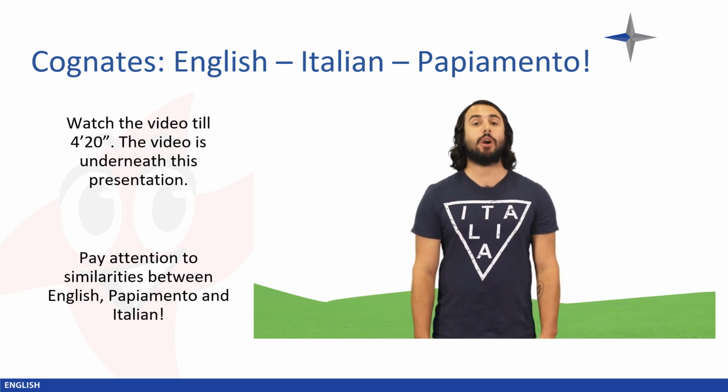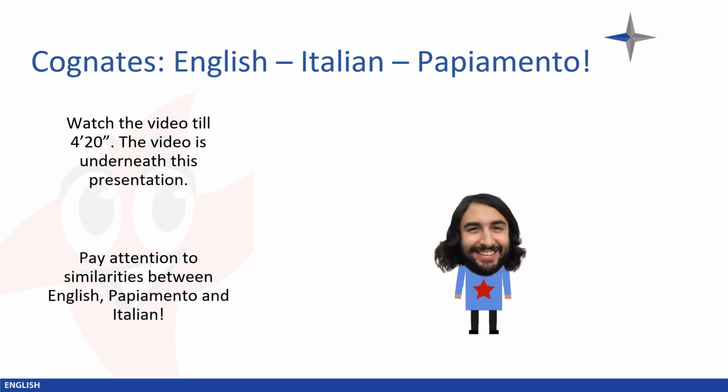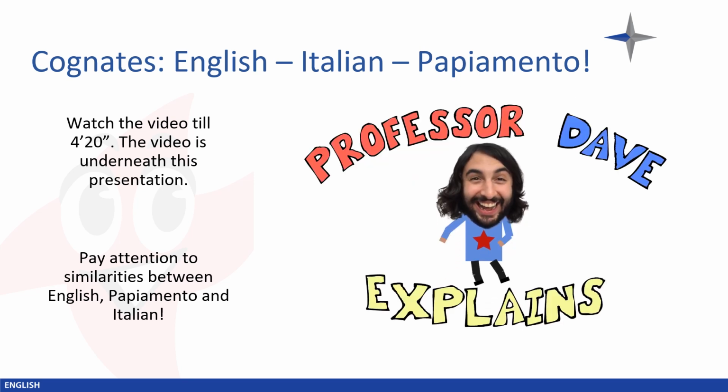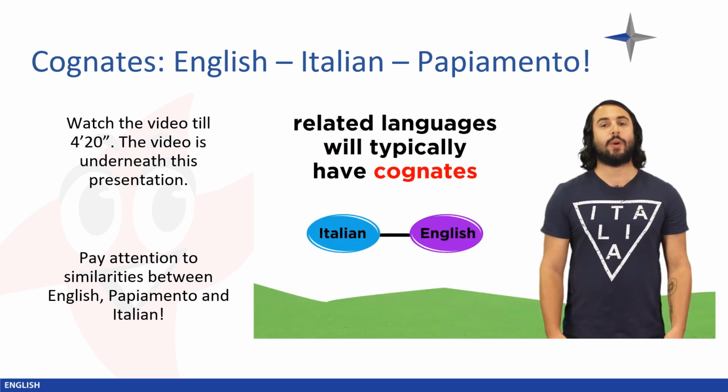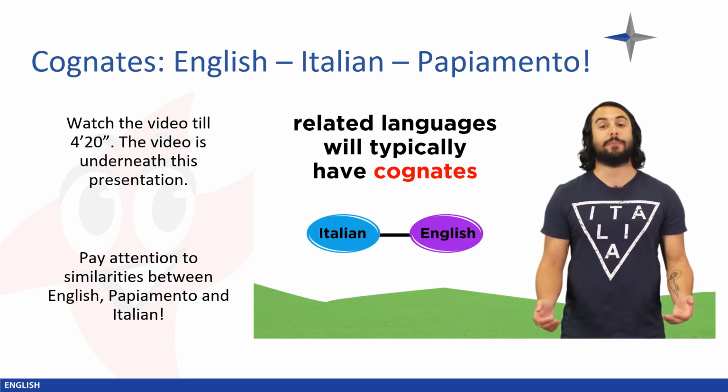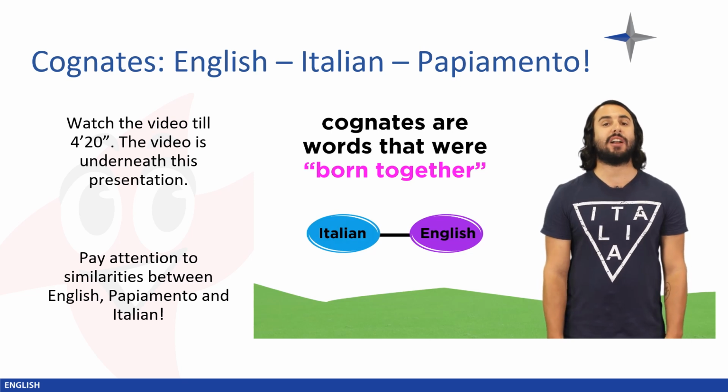Professor Dave here. Let's go through some cognates. He knows a lot about all kinds of stuff. Professor Dave explains. When comparing two languages, if they are closely related, as Italian and English are, there will always be some cognates. The word cognate comes from Latin words meaning together and born. So